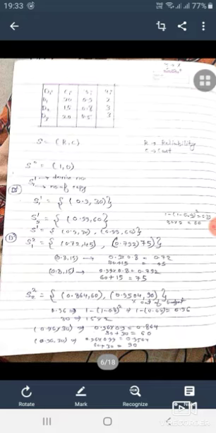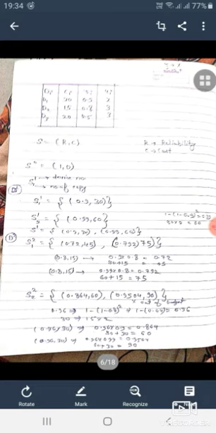Then we will make a table of device, cost, reliability and u_i. After that we will use the set method to solve the problem. Initially S0 will be (1, 0), because S is a subset of (R, C), where R is reliability and C is cost. As you all know, when the cost is 0, the reliability of the system is 1. That's why S0 is equal to (1, 0).